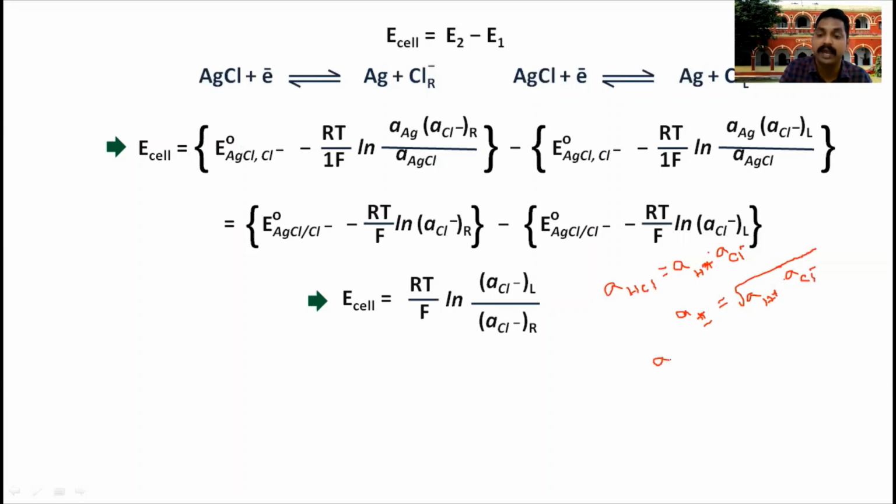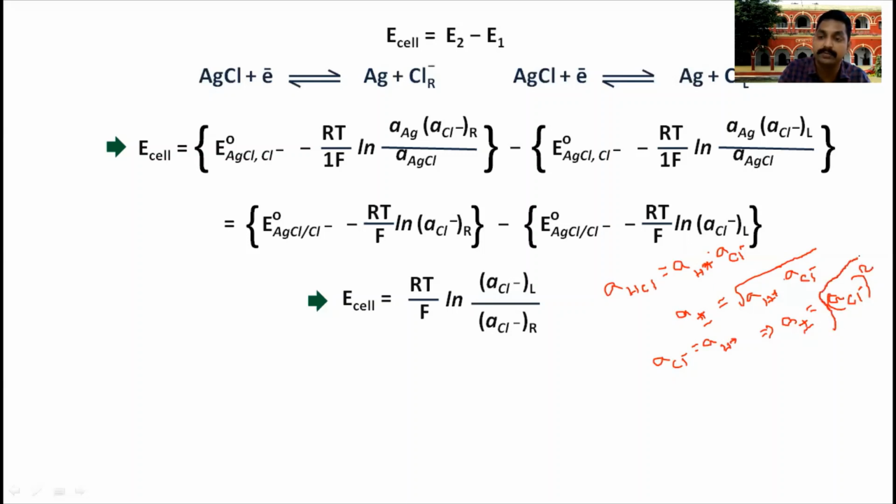If we assume activity of H plus ion and activity of chloride ion both are equal, then what will happen? That implies mean ionic activity A plus or minus is equal to activity of chloride ion whole square and